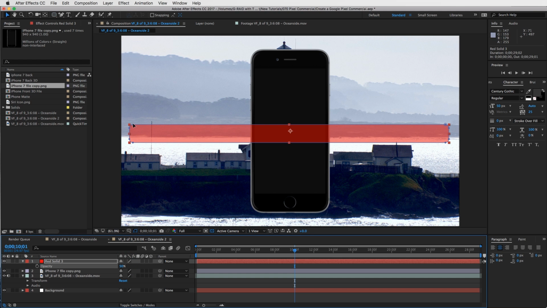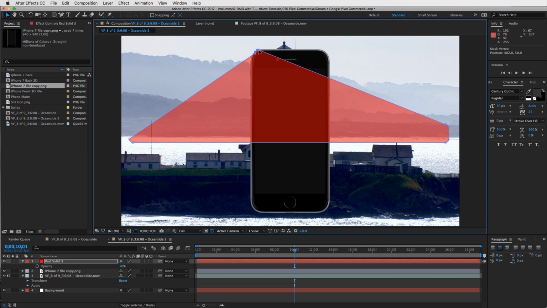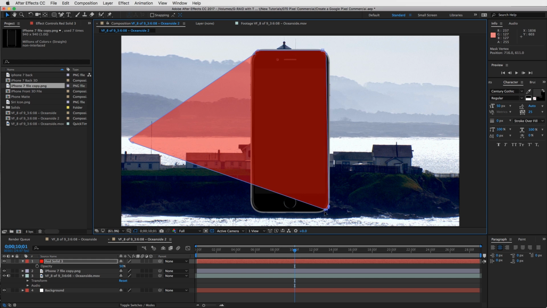Then select my points and put them on the corners of my iPhone, right? So take these two points and drag them up. Take these bottom right corner points and drag them down to the right corner, and these left corner points. Obviously I'm not being really precise with it, because what I'm going to do is zoom in here